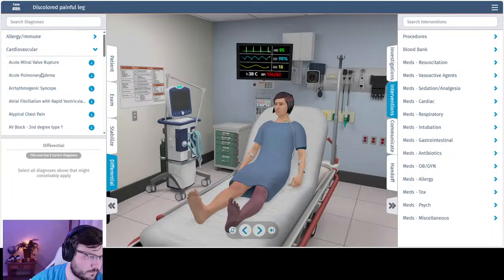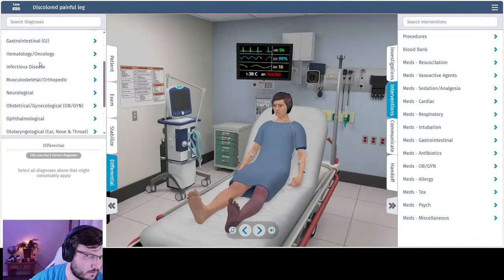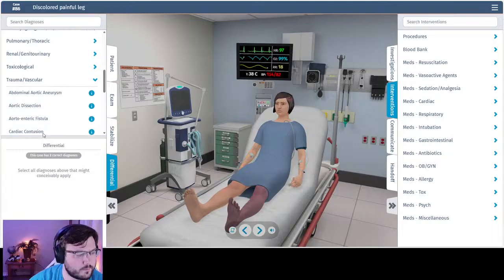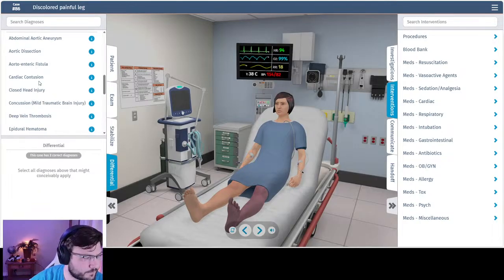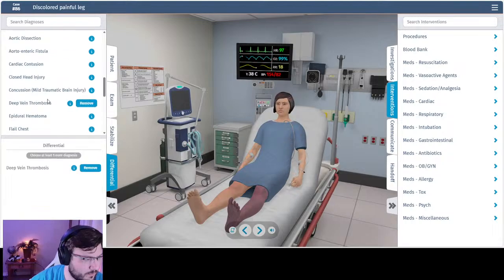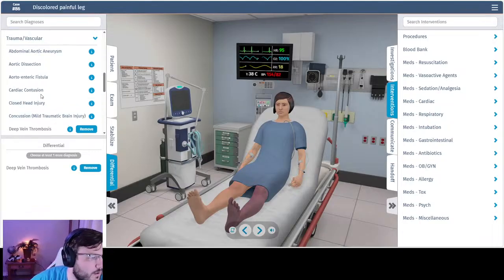It's none of those. Oh, trauma vascular. There we go. Is that what I'm looking for? Is a DVT? I think it is. Yeah. A really bad one, huh? One more diagnosis. Well,